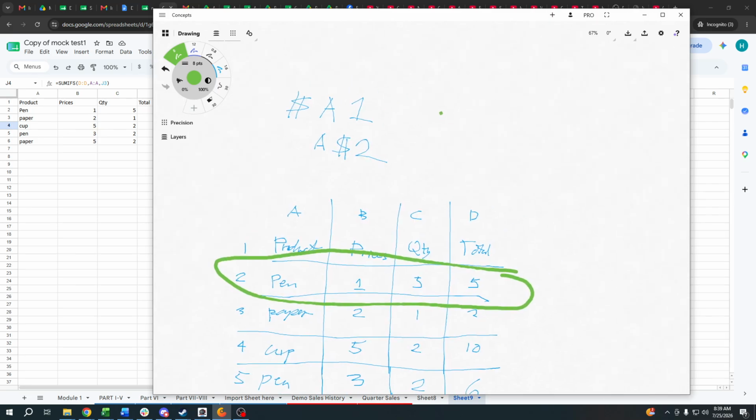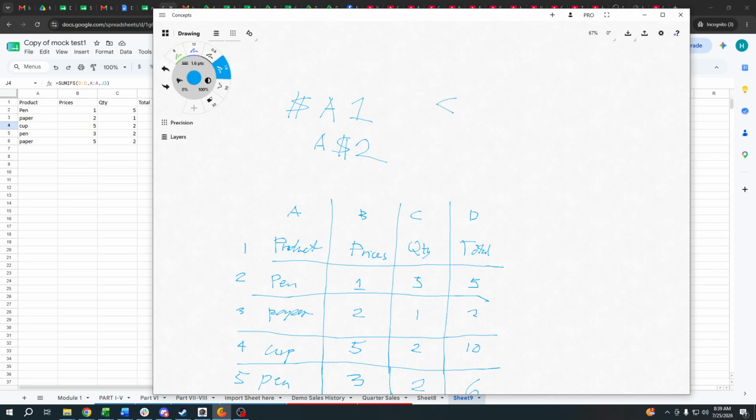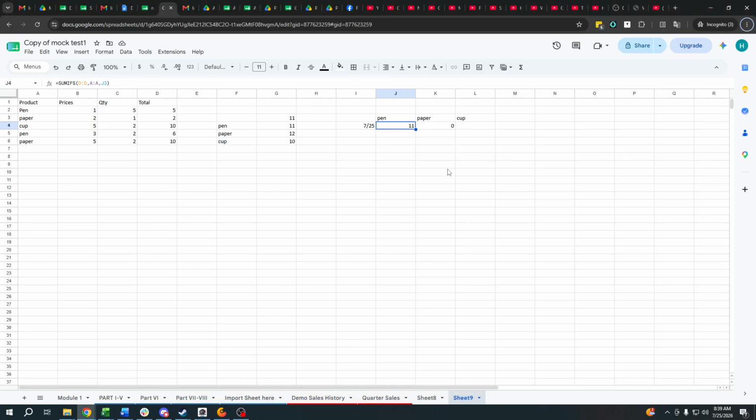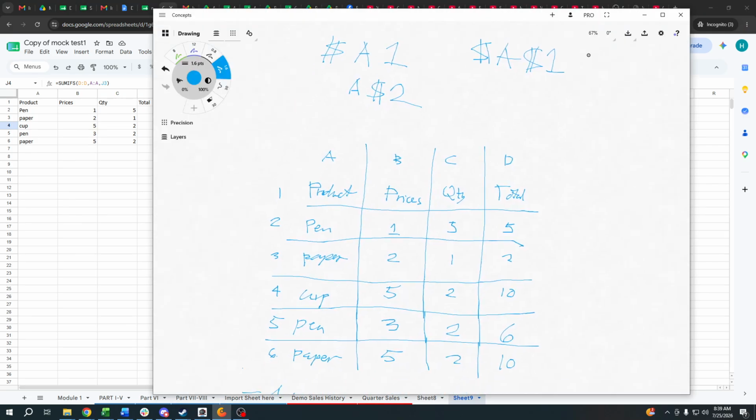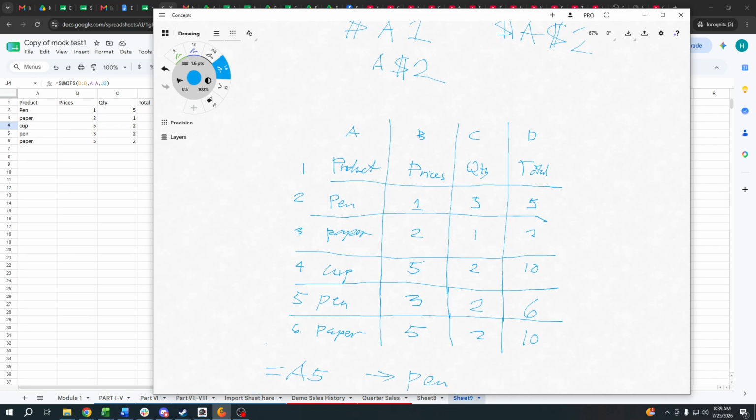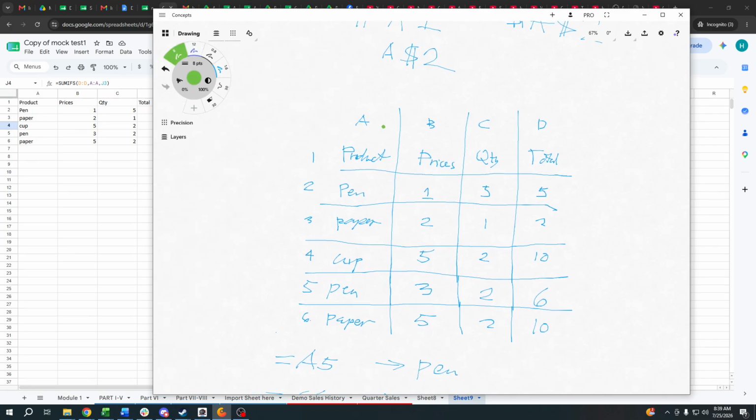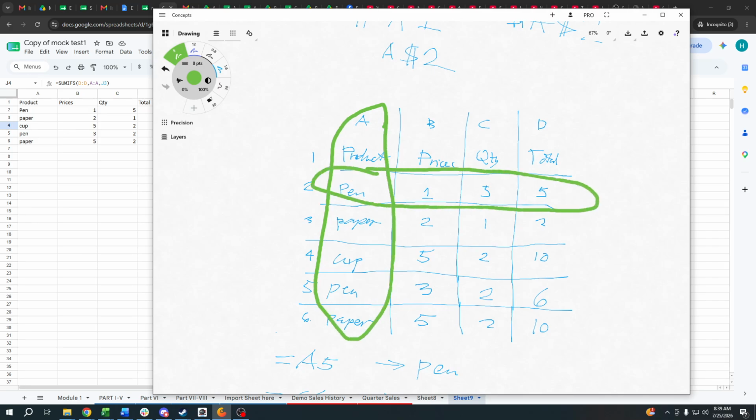And same thing if we apply the $ sign to both letter and number, it will always refer to this one.